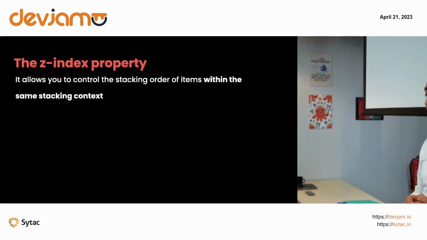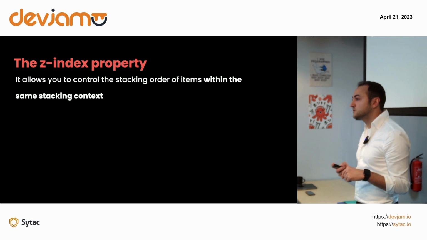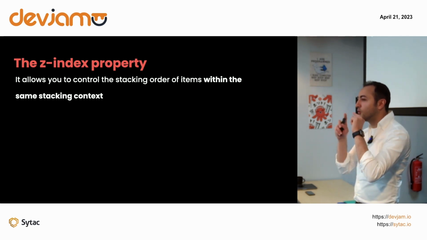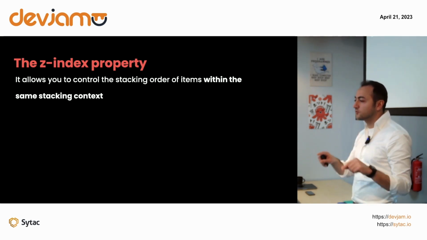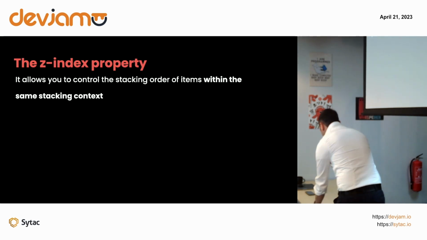So yeah, now we can talk about the z-index property. The z-index property allows us to control the stacking order of items, but this is really important, only within the same stacking context, so only within the same subfolder or the same folder. So if I go back to these again,